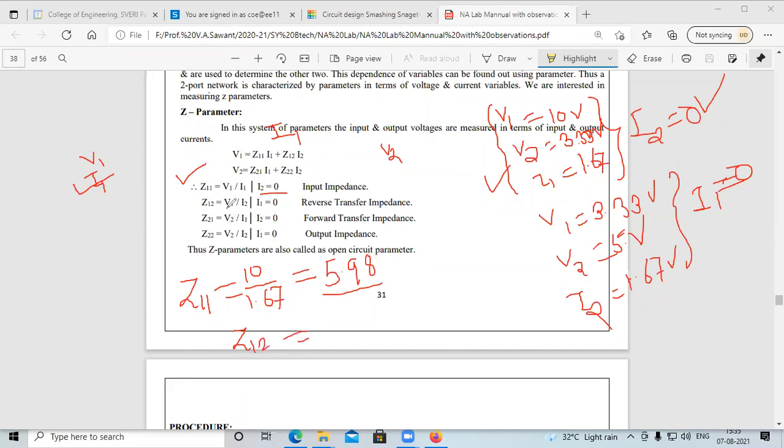Then similarly calculate the value of Z12. Z12 is V1 divided by I2 when I1 is equal to 0. What is the value of V1? The value of V1 is 3.33. Okay, 3.33 divided by I2. The value of I2 is 1.67. Do the calculation. What is the answer? Z12 is equal to